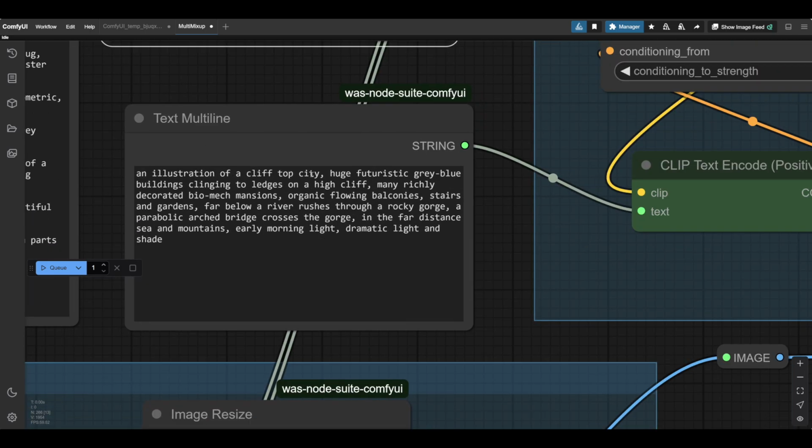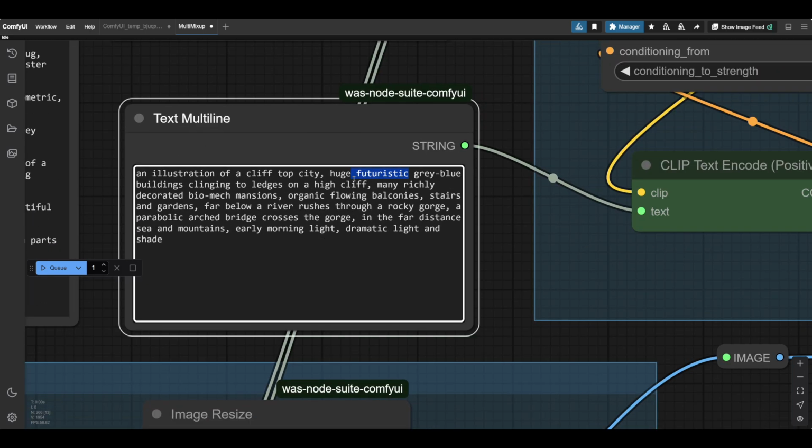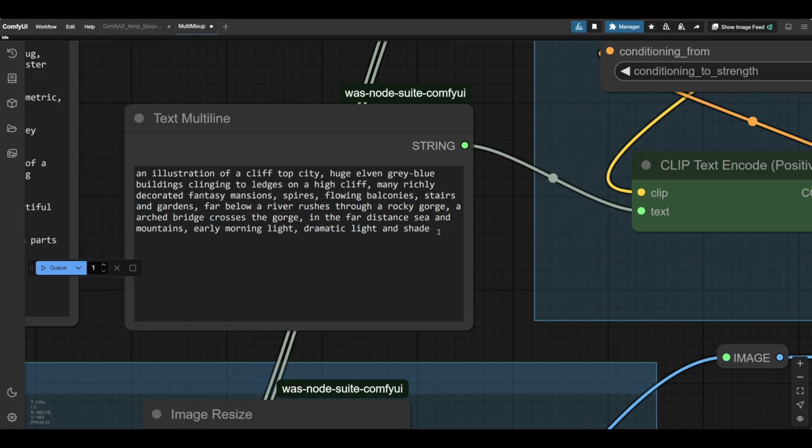So clifftop city, that's fine. We make the buildings elven again. Fantasy mansions, whatever they are. Put spires in. Don't think the bridge is parabolic. Not sure why it was parabolic in the first place. Right? There we go. So that's been fantasized. And then we need to